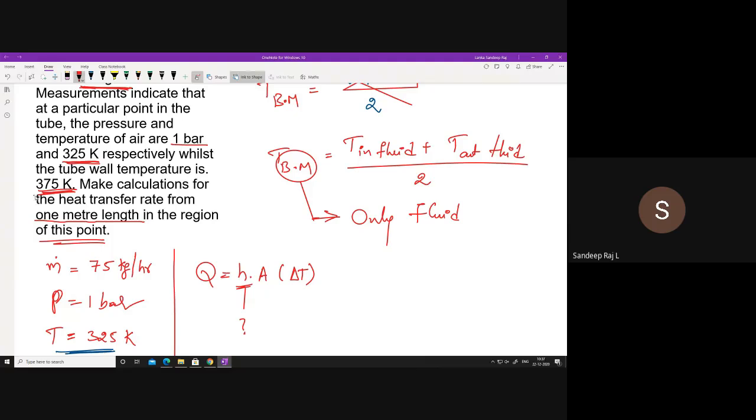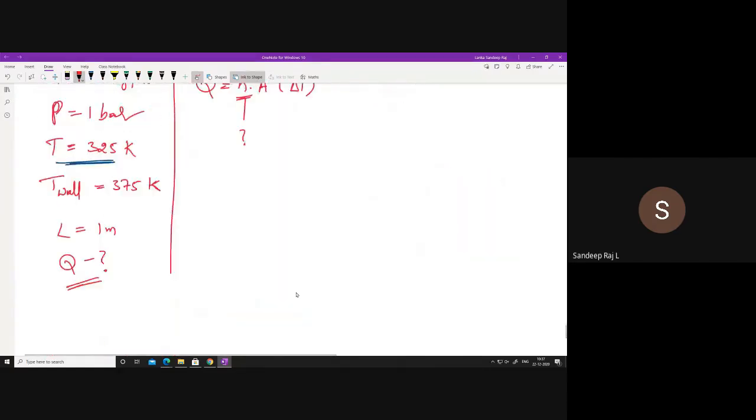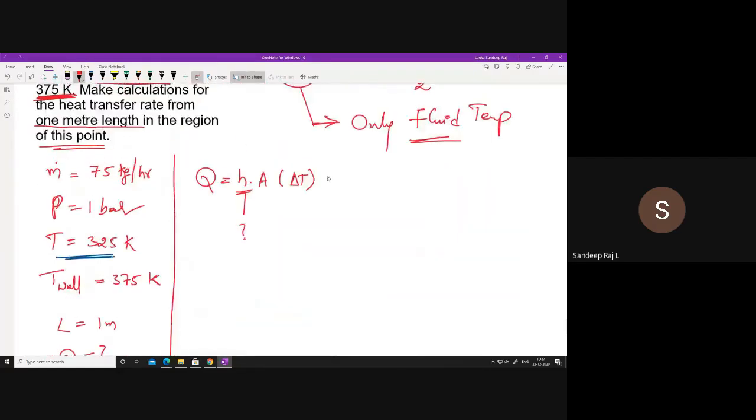Here, what is given to you as 375 is a wall temperature. So wall temperature should not be taken as a fluid temperature. This average should not be taken like that. So this is a very important thing to find. Many students confuse here. So the bulk mean temperature given in the question is